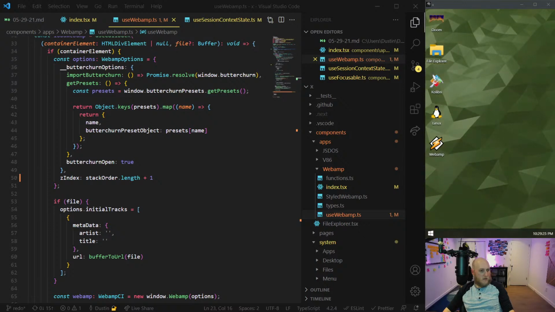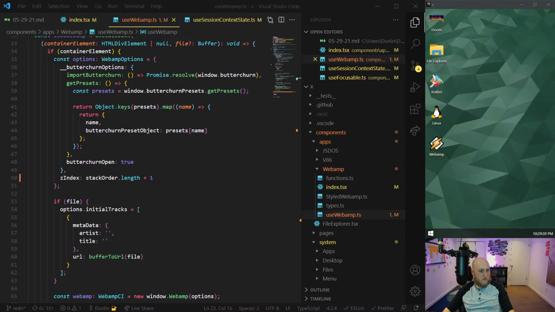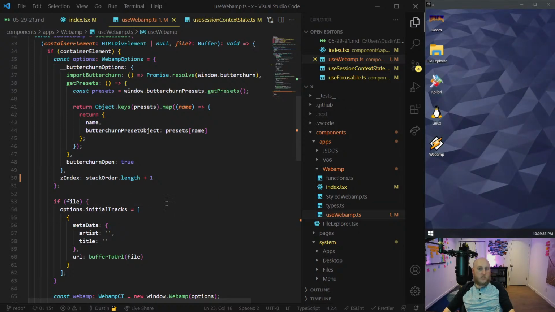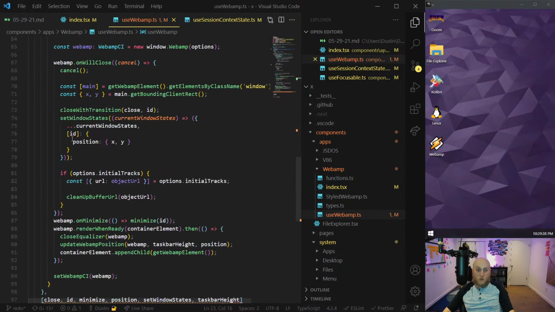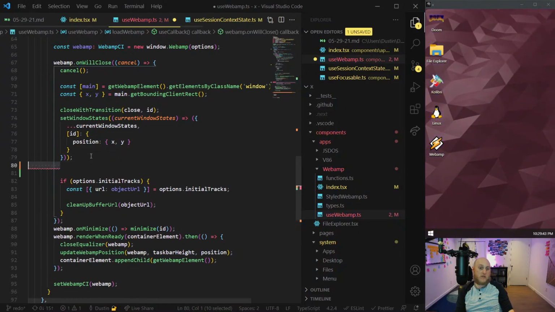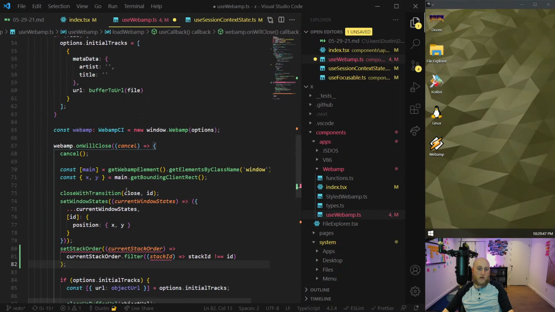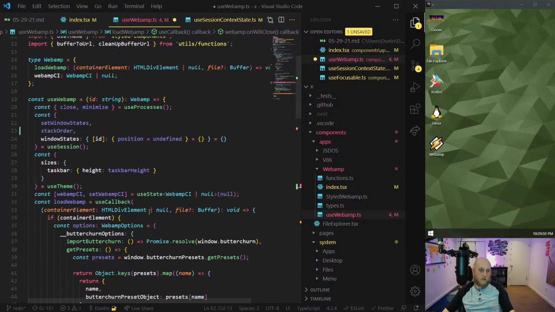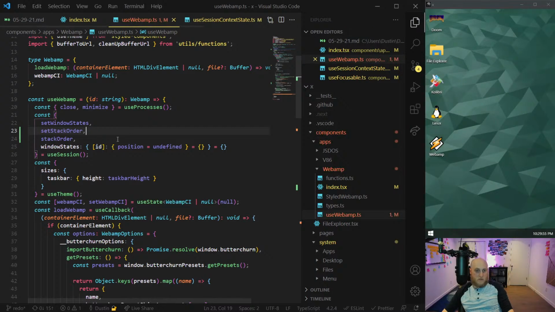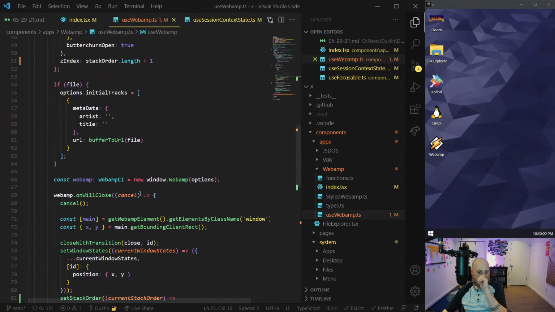I also added set stack order. When am I setting the stack order? Ah, okay, yes. This is another piece to the one day I'll do this generic puzzle. So when I close and it's a window, I remove it from the stack, but I wasn't doing that for Webamp. So that's another thing I need. So when we close the window, we need to remove our item from the stack of windows. I might have to think of a better way to clean that up. I'm not super happy with this, but this is where sometimes I think a little better planning could have helped me out. Hard to say.